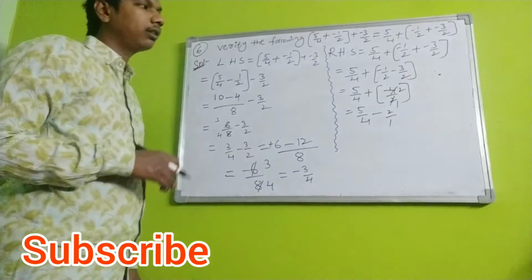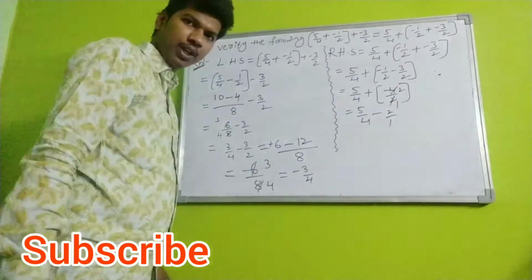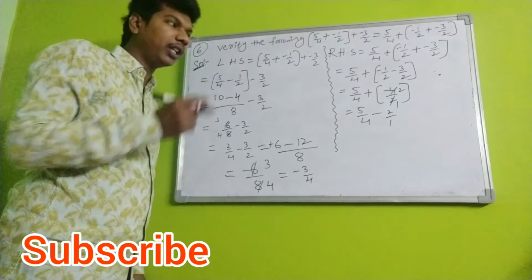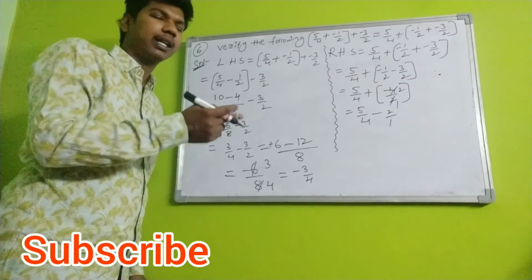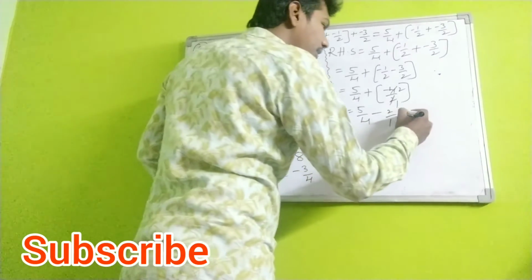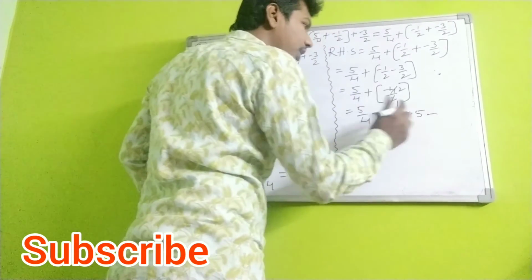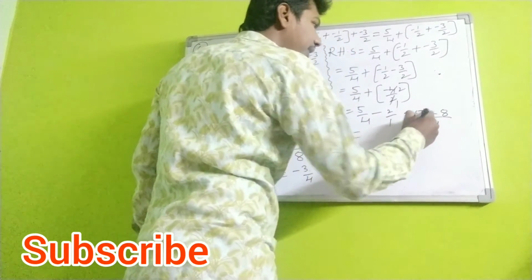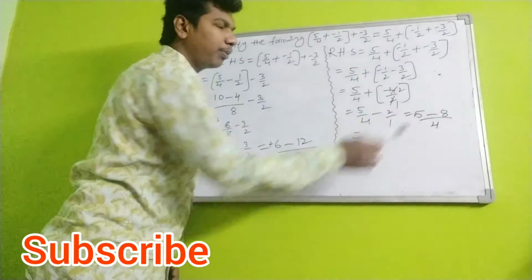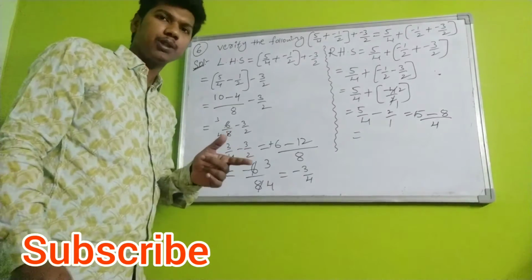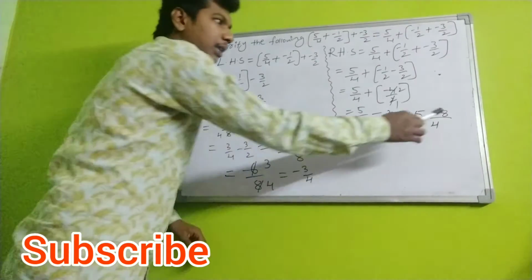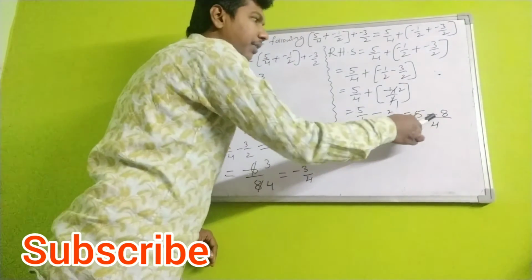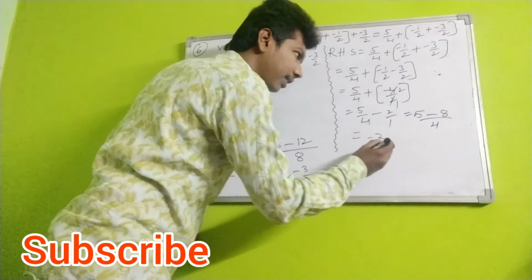Again here, the first denominator is 4 and the second denominator is 1. Both the denominators are different. If both the denominators are different, what do we have to do? Cross multiplication. 5 1s are 5 minus 4 2s are 8, divided by 4 1s are 4. Beside the 5 nothing is there, so take plus into minus, minus. Minus means what we have to do? Subtraction. 8 minus 5 is 3. In this one, which number is bigger? 8. 8 has which symbol? Minus. Put the minus symbol. Minus 3 by 4.